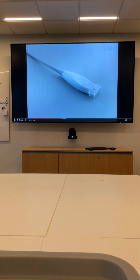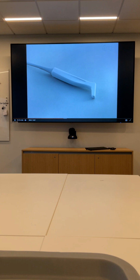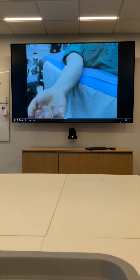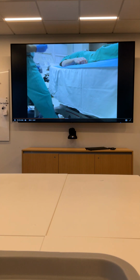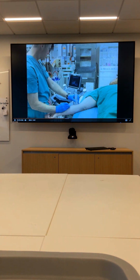A linear array transducer with a frequency of 5 to 13 megahertz is usually used for ultrasound-guided vascular access. Short linear transducers are made specifically for ultrasound-guided procedures. It's best to place the arm in a horizontal position so the ultrasound images and needle movements are in the vertical plane. Elevate the bed or sit down so that you are not bending or stooping, but working with your hands comfortably in front of you. Place the monitor so you don't need to turn your head or look over your shoulder to see the ultrasound